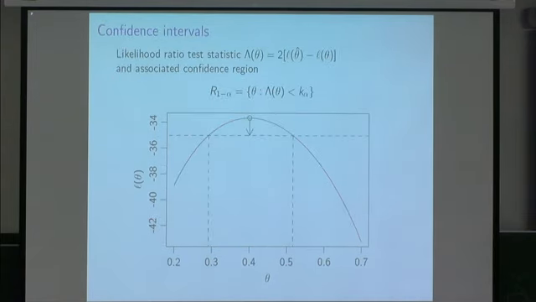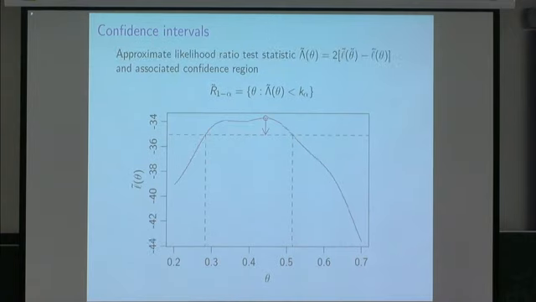Similarly, if you have a log likelihood, you can use that to find confidence intervals and test statistics in various ways. One example is a likelihood ratio type test statistic, with an associated confidence interval where you basically put all points in your confidence interval which have associated likelihood that's no more than a certain amount below the maximum value, where the amount you're allowed to go down depends on the nominal coverage of the confidence interval. You can do exactly the same thing if you have an approximate log likelihood instead. You look at the maximum point and all points that are only a certain amount below that in terms of the approximate log likelihood. You get an approximate confidence interval.